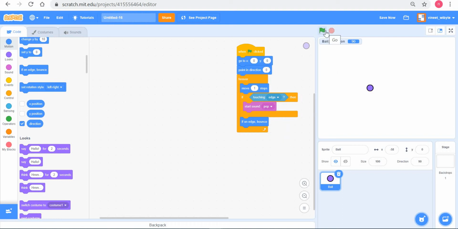So what I have is the ball going at 0. Now notice the direction is 0 because remember 0 was upward. The moment it hit, right, it started going in the exactly opposite direction, and notice the direction has become 180, right? Now again it's going to hit, it hits, and once again the direction becomes 0, right? Now this is actually somewhat familiar if you think about it. If you really had a ball which you throw at a wall, the ball will come back to you in the opposite direction, right? So it's getting sort of reflected, right?